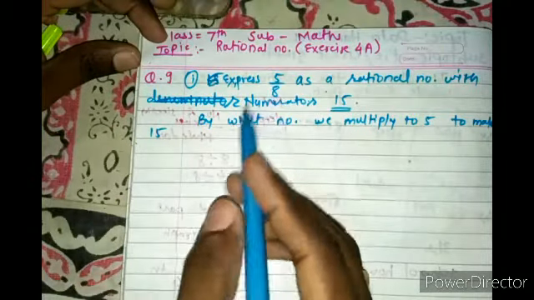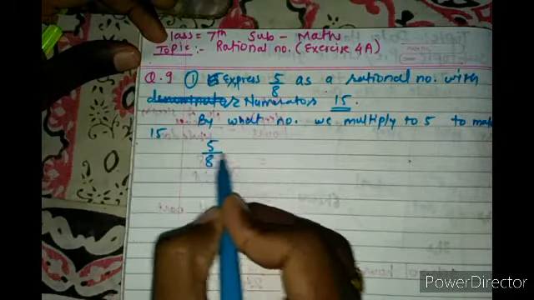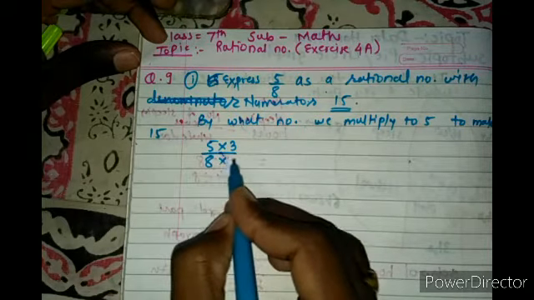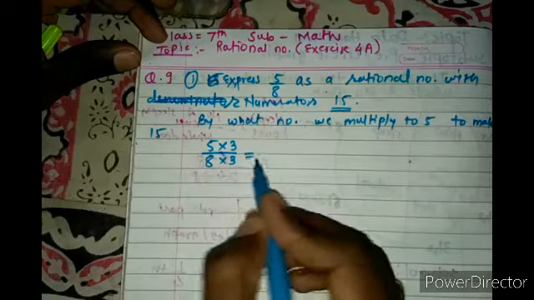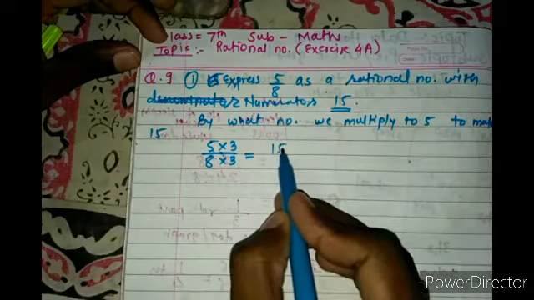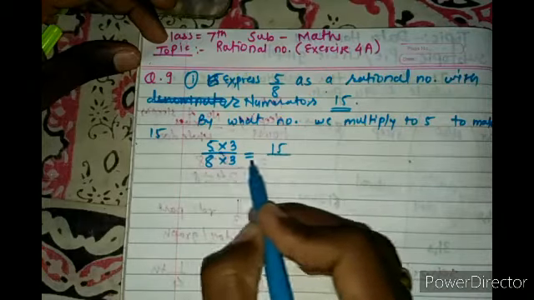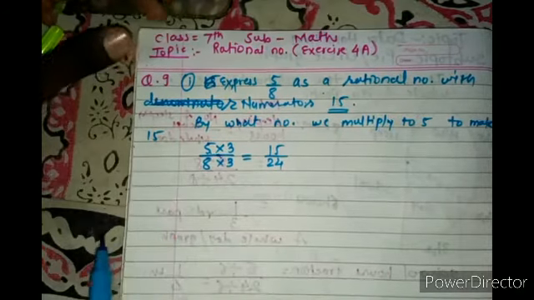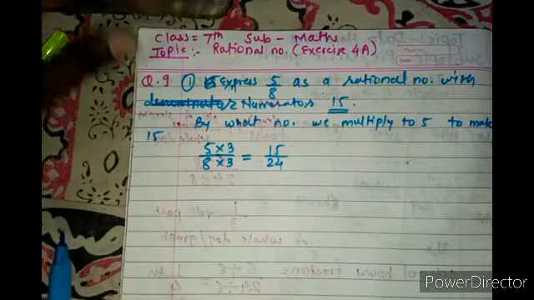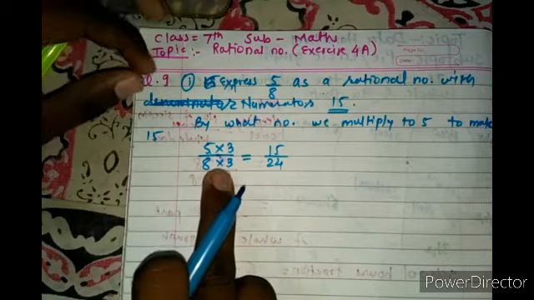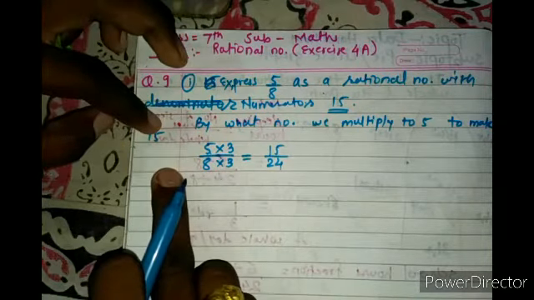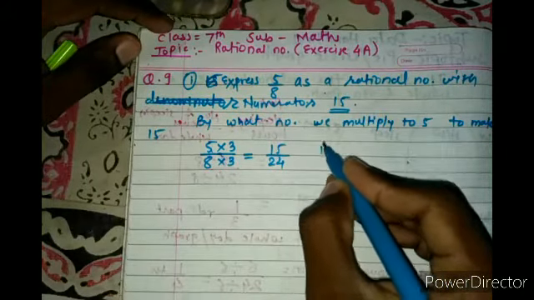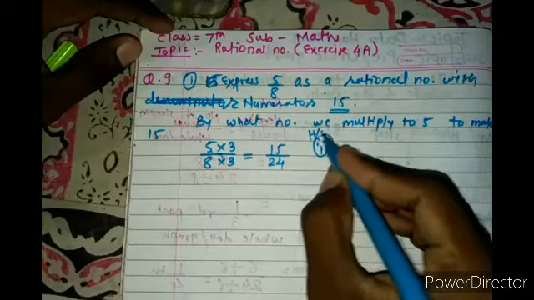Yes, 3. So we have to multiply 5/8 by 3 in the numerator and also in the denominator. 5 3s are 15. Now see, the numerator is 15 and what about the denominator? 8 3s are 24. In this way we can solve question number 9. Just think by what number we have to multiply the numerator to make it 15. I hope you will be able to solve the second problem of question number 9 too.